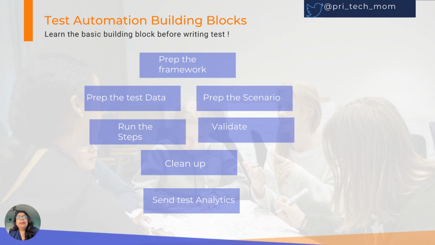So let's now get to the meaty topic: what do the basic building blocks look like? In your mind you have to map that prep. Automation testing is not black and white, right? You have to do a couple of things when you think about automation tests. Let's again take an example, let's just say login, right?